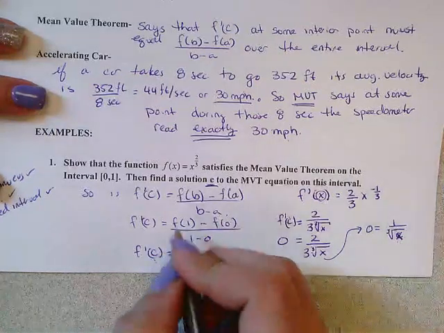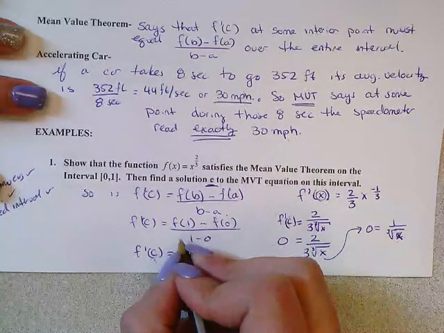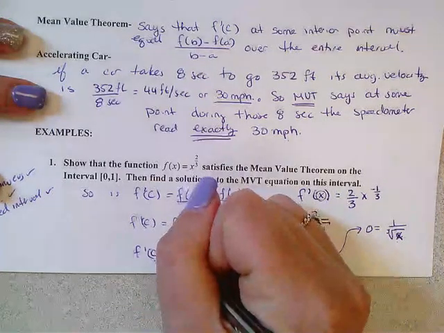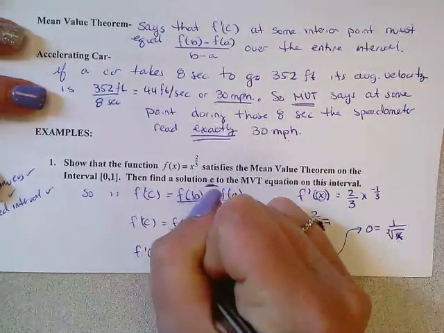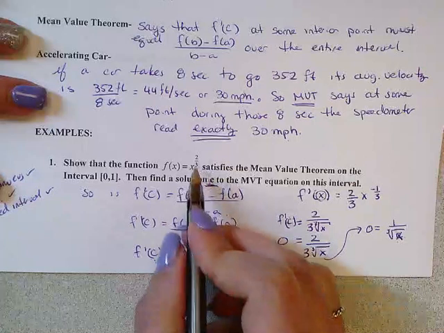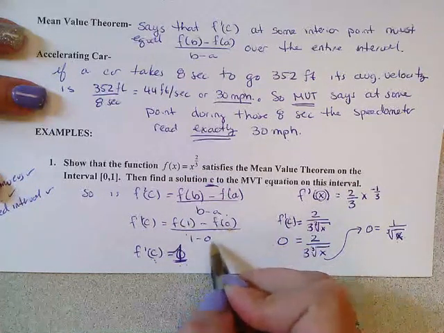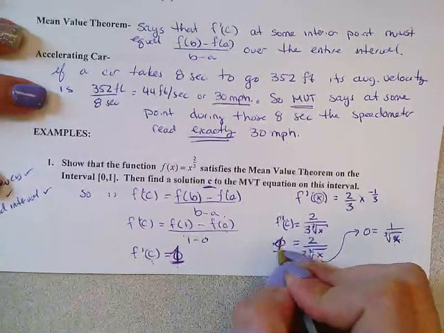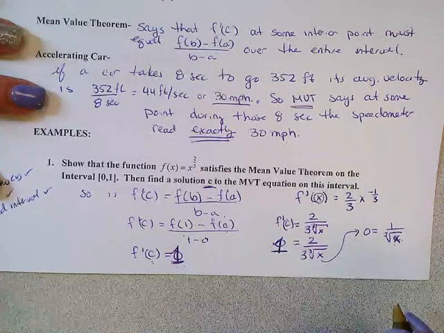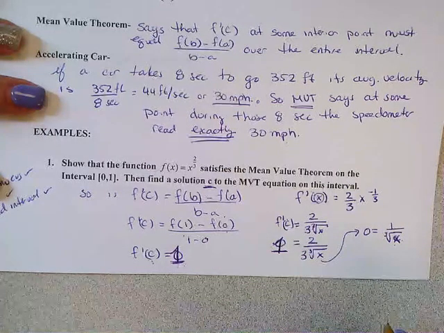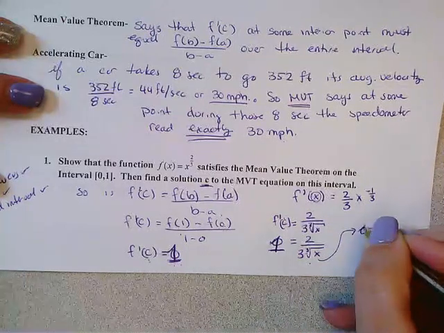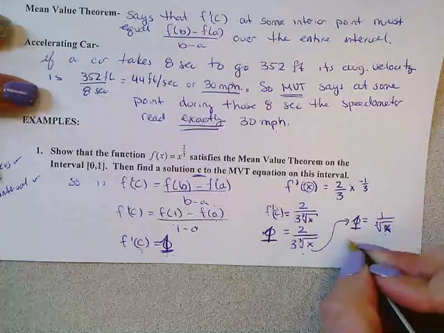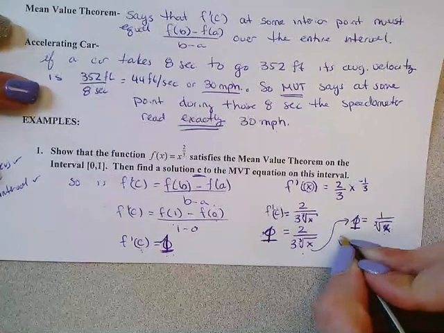I just made a mistake here. Sorry, guys. So this is f of 1 minus f of 0 over 1 minus 0, which is 1. Because f of 1 is going to be 1 minus 0 over 1 minus 0, and that's 1. So we're going to set this equal to 1. All right, and then you multiply both sides by the cube root of c,